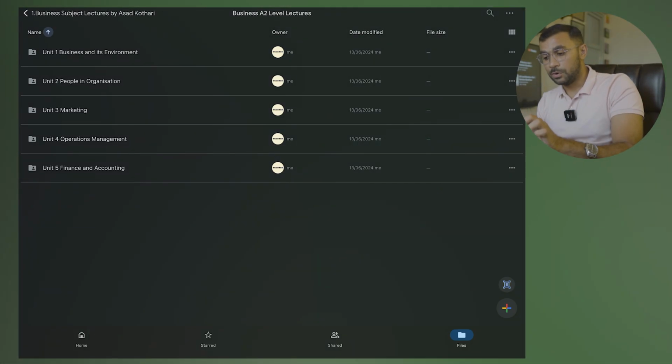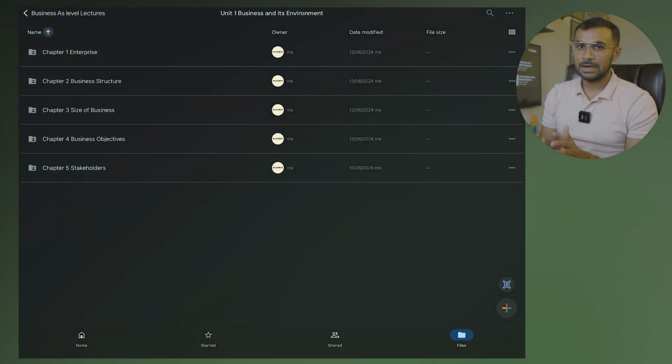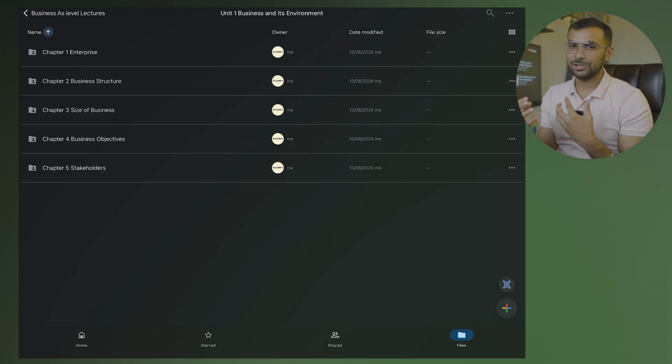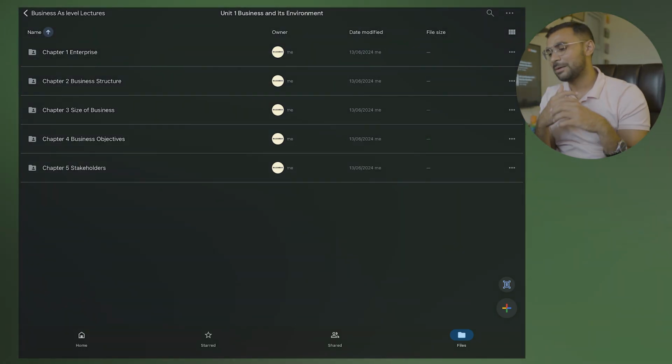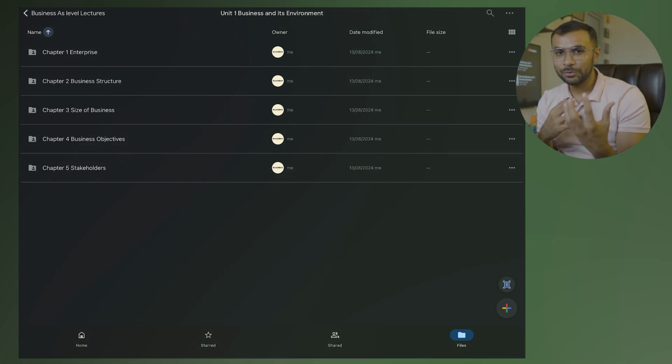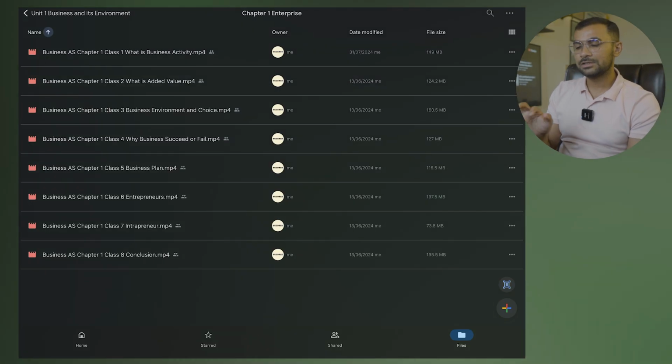Within these folders, you will be able to find all the video lectures. You will see me teaching different concepts, introducing you to the chapters, introducing the mind maps and giving you the concepts, and you know what's included in the course. So if you go in chapter 1, let's say, you have all the classes, and you can start to see each video lecture one by one.